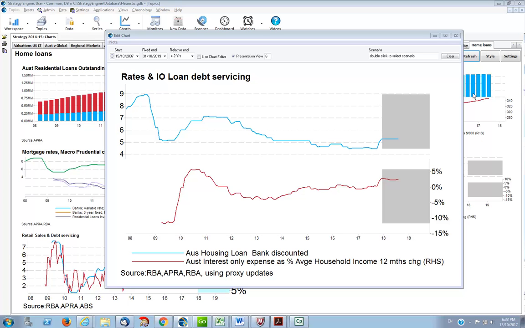So the base case is that households take the interest-only rate increase, which has an impact of about 2.5% on income, or they switch to P&I, which would amount to around 5 to 6% of income. If we estimate half of that move, we get something like 3.5% of income in terms of the hit to cash flow. Allowing for the fact that just under 20% of all households have interest-only loans, the overall impact on household income cash flow is a detraction of around about 0.7% or thereabouts, which would have a meaningful impact on GDP.